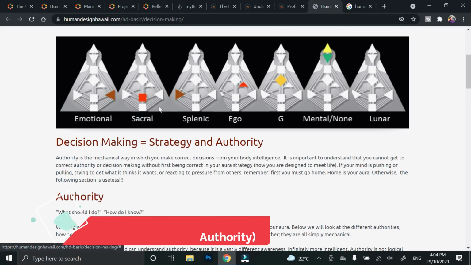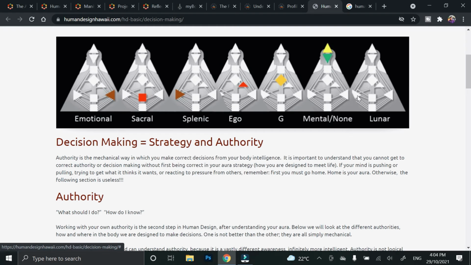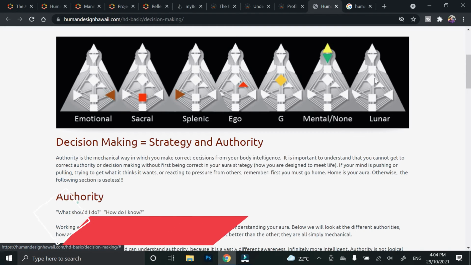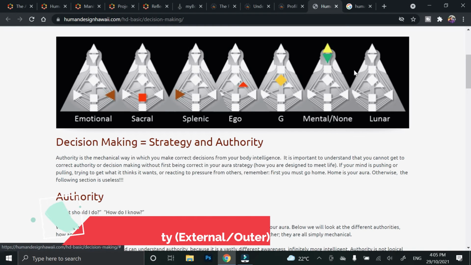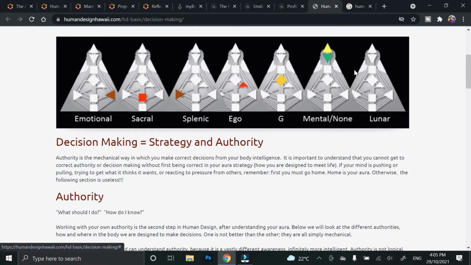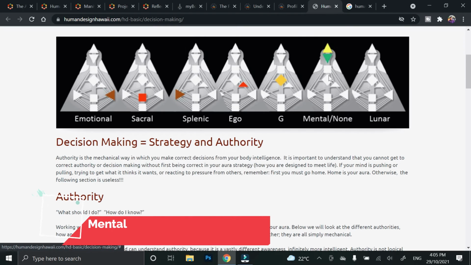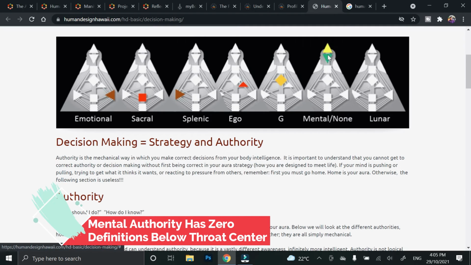So next, when it comes to the last 2 types over here, who are considered no authority, these are pretty easy to spot. For mental authority, you will know that you have mental authority because there is 0 definition below the throat. In other words, you only potentially have the head or the ajna or the throat colored in